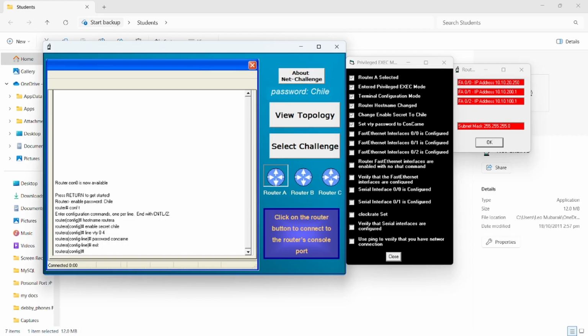When you click exit, you have to type interface, so int fa0/0, then you press enter. So we are using the first port. So we are going to use this IP address. So you type IP address and you type the IP address that is there,